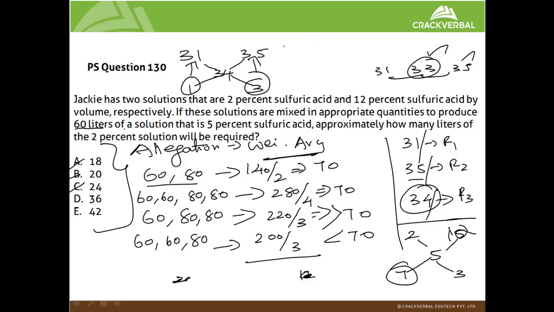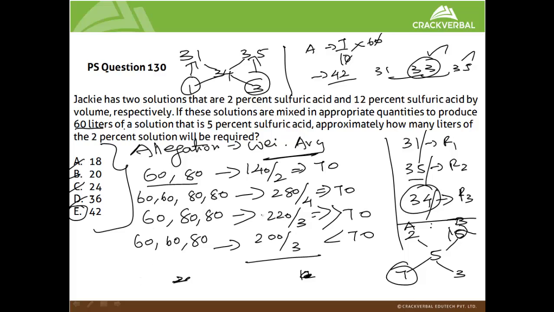Say this is liquid A and liquid B, two solutions. If liquid A is 7, liquid B is 3. So the proportion of A is 7 by 10. 7 by 10 of the total quantity, which is 60 liters. So 7/10 of 60 is nothing but 7 sixes are 42. The answer has to be here, E, 42. That's all. You can eliminate answer choice D.